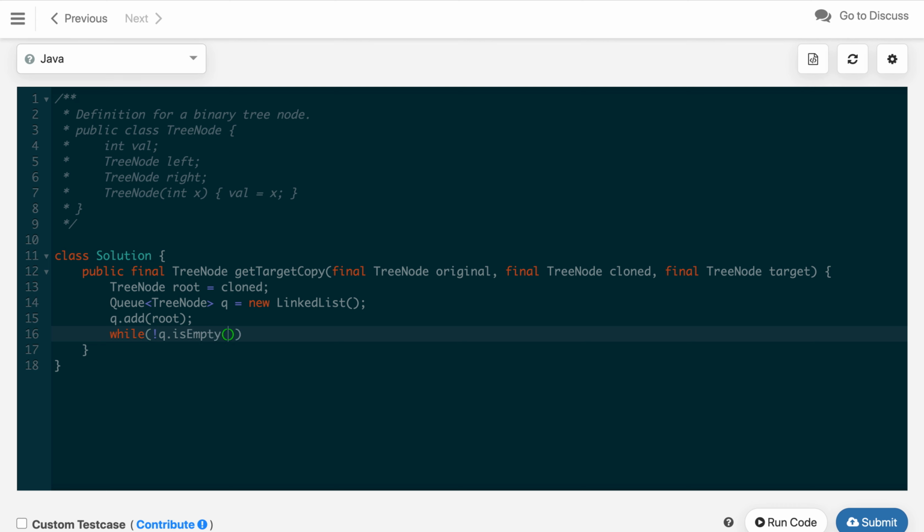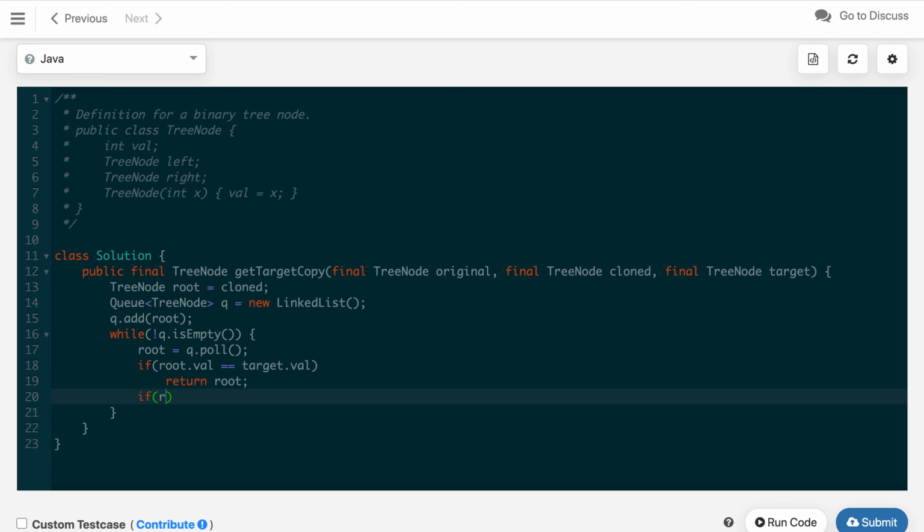Now we will run this until the queue is not empty. First we will fetch root equals queue dot poll, and after that we will compare if root dot val is equal to target dot val. If it is the case, we will return the current reference which root is pointing to.